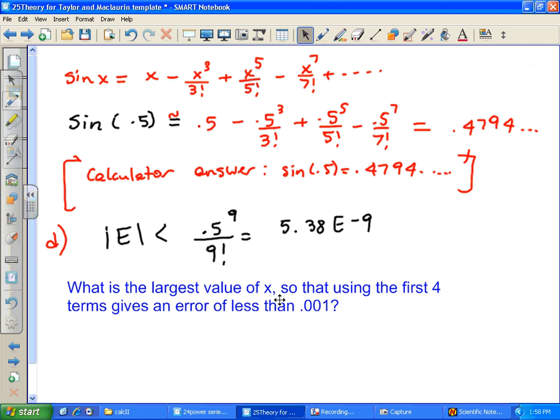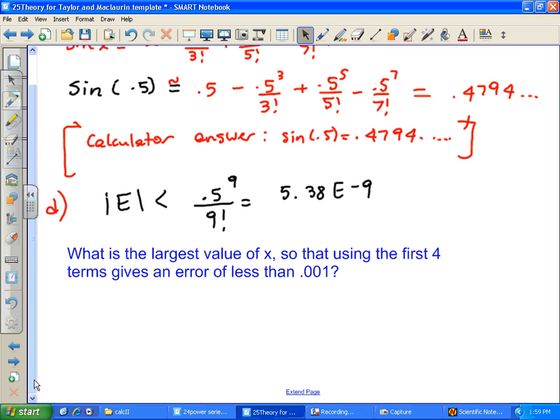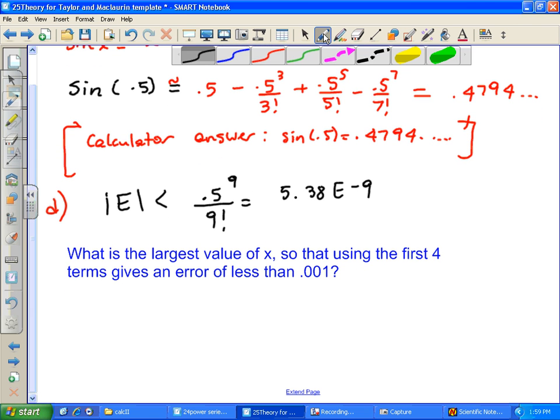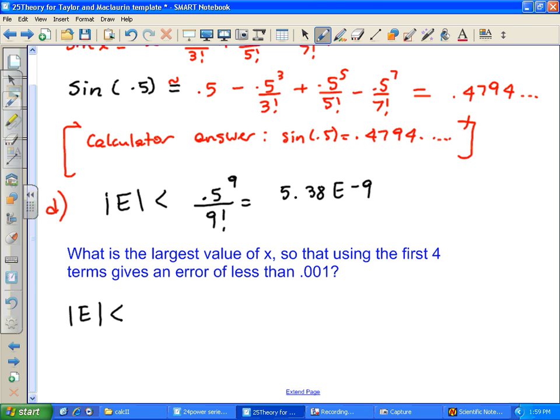You know, here we use x equals 0.5, and we got a really, really good estimate. So I'm kind of changing the question around. Can we determine the largest value of x so that if we keep using these 4 terms, then we're still guaranteed a pretty good approximation, something with an error less than 0.001? If we're going to use the first 4 terms, and we know this is an alternating series, then the error will be less than what? Excuse me, let me get rid of that. If you use the first 4 terms, then the error will be less than,